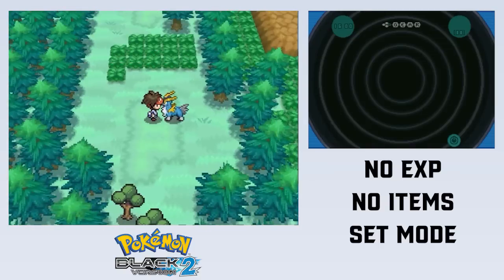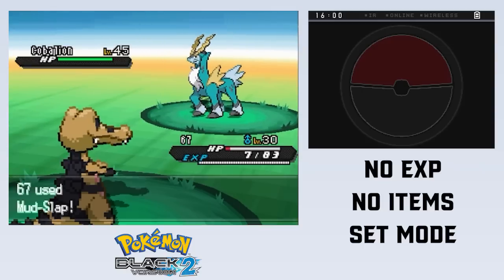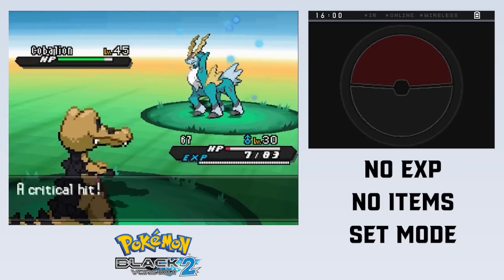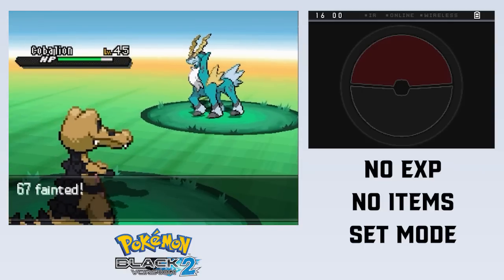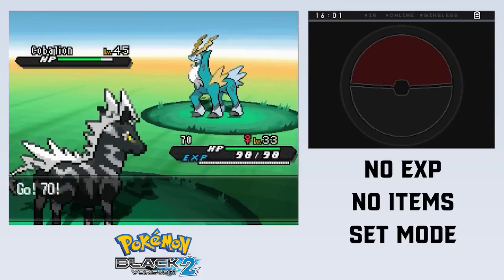Cobalion is one of those Pokemon with a catch rate of 3, so I'm going to want to afflict it with some status effect to improve my odds. I intimidate it with Croc Rock, lower its accuracy with Mud Slap, then try to spam Sparks with Substrika. Each Spark has a 30% chance of paralyzing Cobalion, and I should get off at least 2 of them, likely